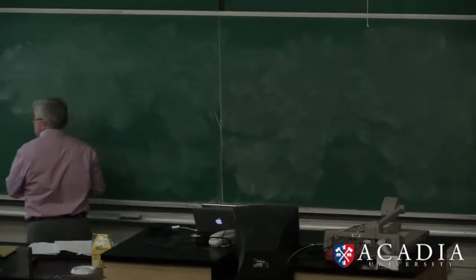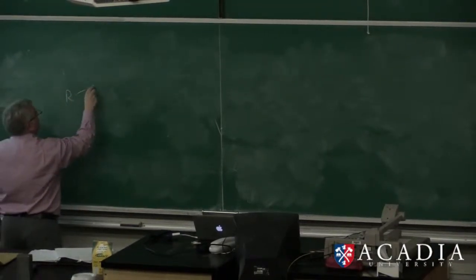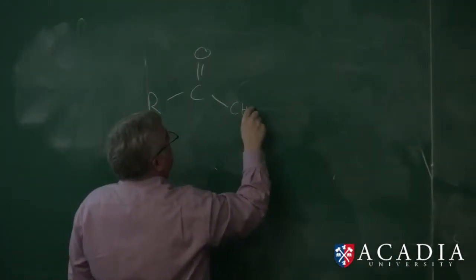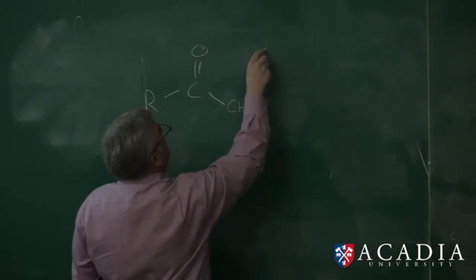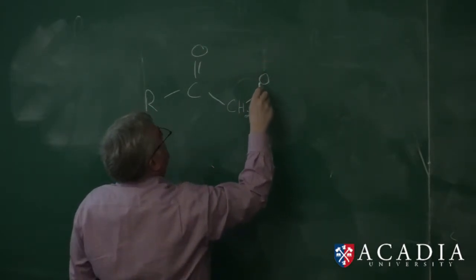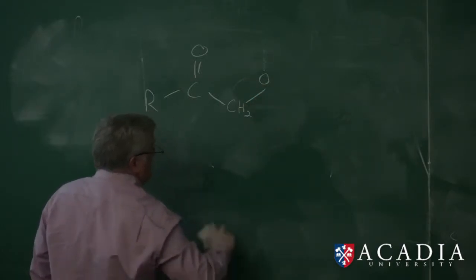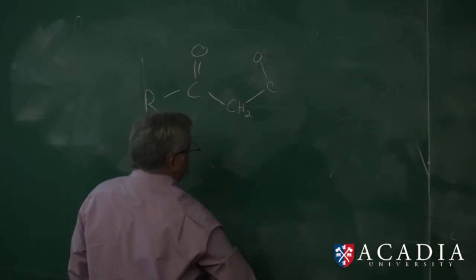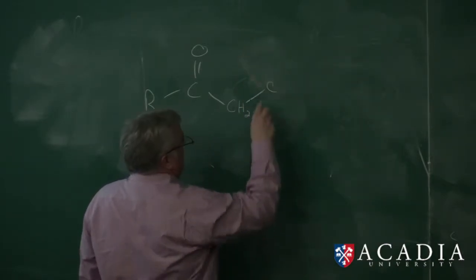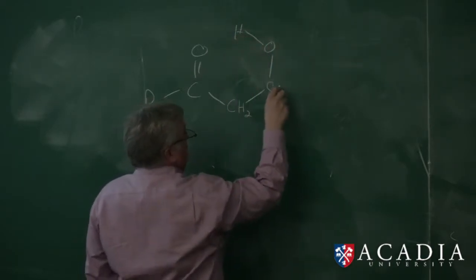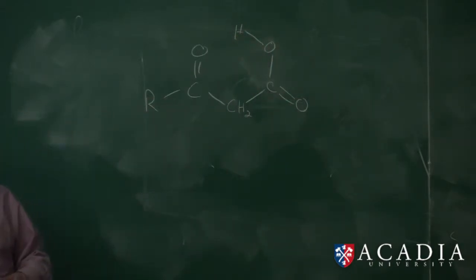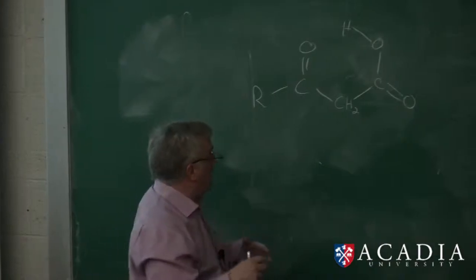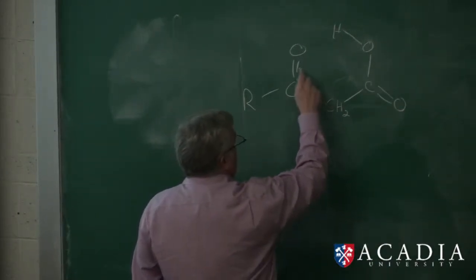A beta-keto acid, I'm going to draw it slightly different. RCOCH2CO2H. If we draw it slightly differently, all of a sudden we can see that nice six-membered structure that we're getting used to seeing now, and we can simply push our arrows where we